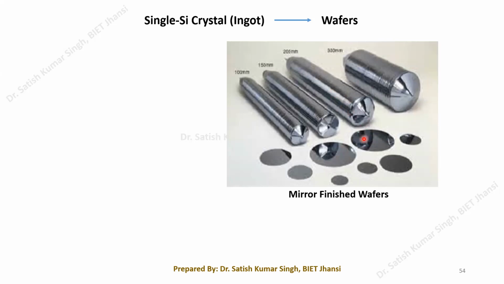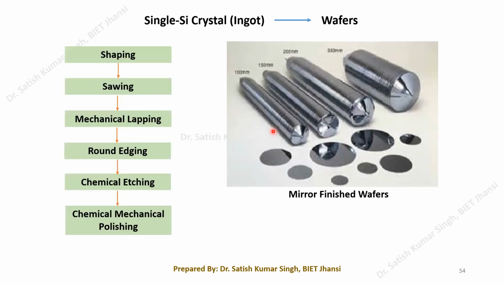So basically, before going into the details, one thing that we need to remember is that silicon is actually a very hard material. Okay, so it is hard and it is fairly brittle material. So converting from here to here, what are the different steps that we have to look at? We have to look at them one by one. I will first tell you what the different steps are that we need to perform.